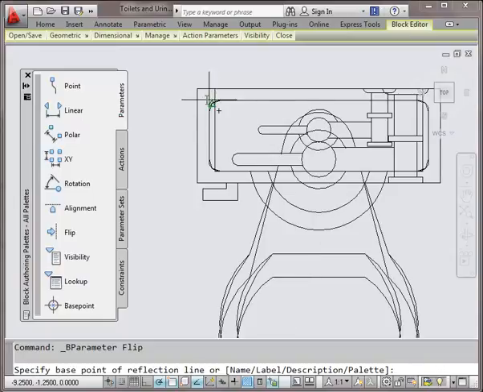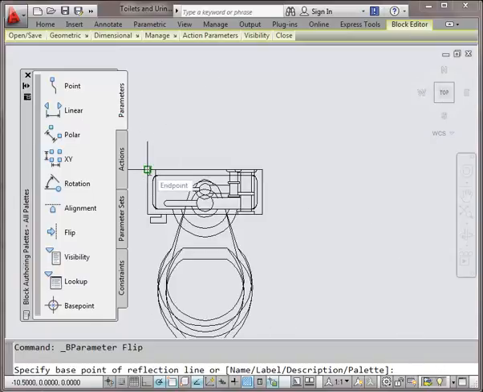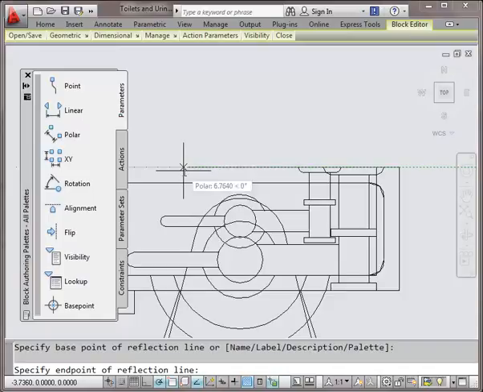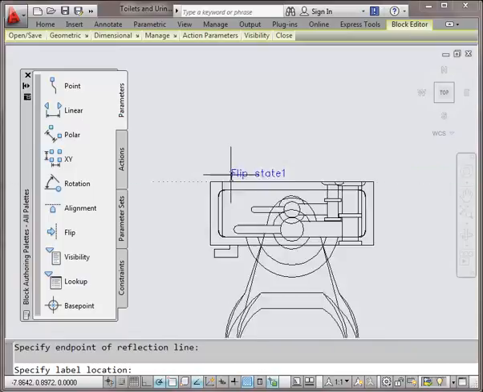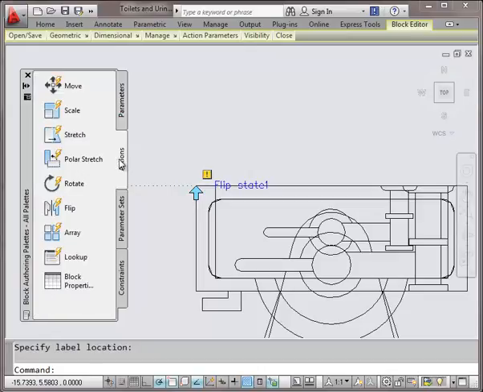So what I want to do is just come up here. There's my base point, and the end point is right along the same line, and then I'm going to pick a point right here where the label goes. So that's my flip set. But what I need to do is add an action to that parameter. So now I get the flip action, select that button, select the parameter,